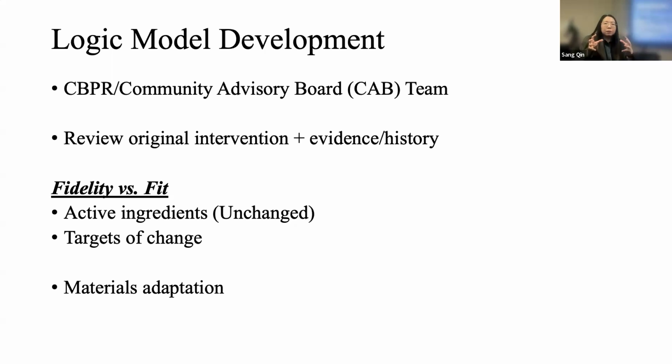What needs to remain as a target for change that's appropriate for this context, for this group, for these issues? Those are the two things you need to work with your community advisory board to differentiate first. Then you move into the material adaptations. Sometimes we miss this part and go directly into adaptation, forgetting there are pieces we cannot change. Otherwise, it will affect the effectiveness of your intervention. There are also pieces we have to change. Otherwise, it's not responsive to the community you are working with.